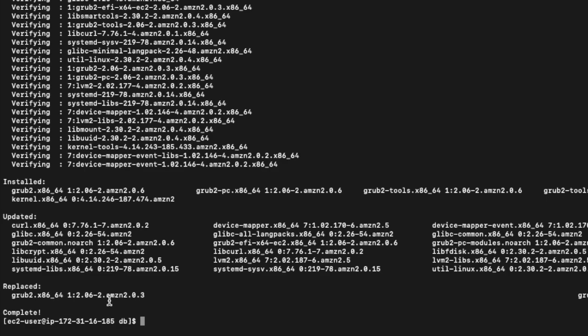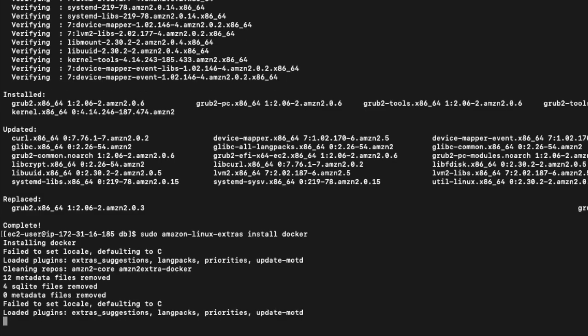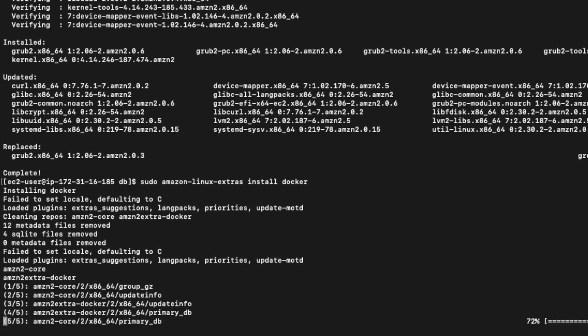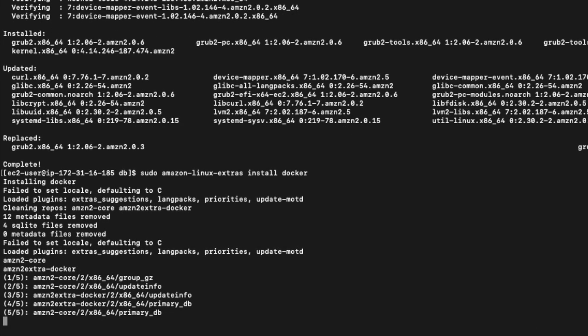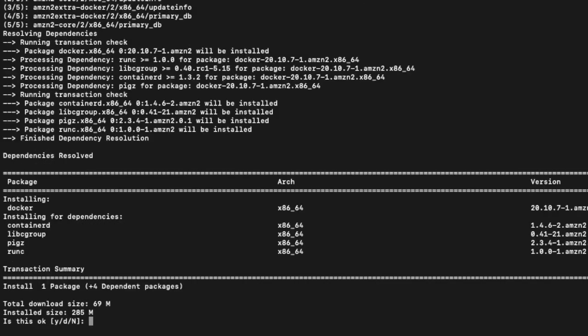The very next thing we need to do is write the command to install Docker through amazon-linux-extras, as Docker is part of extras. So we'll be installing Docker. Friends, I have written the command, and now it will be installing Docker on my machine.